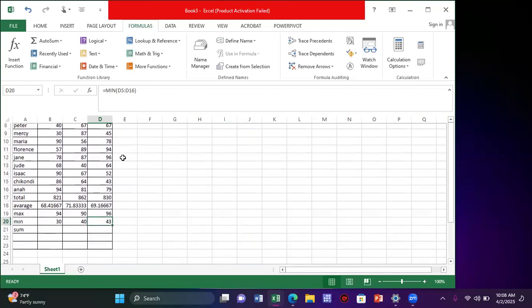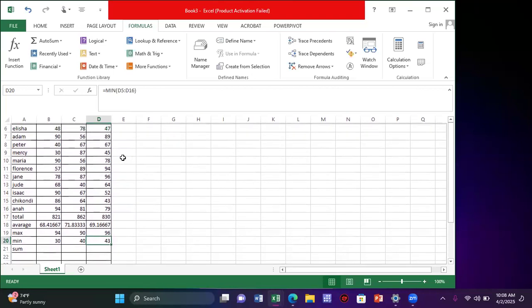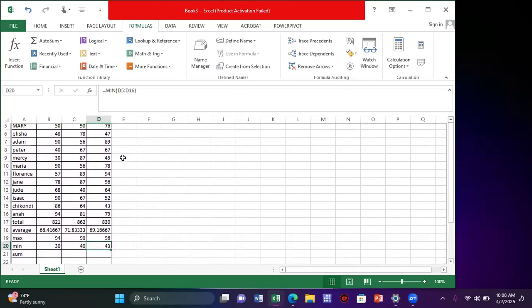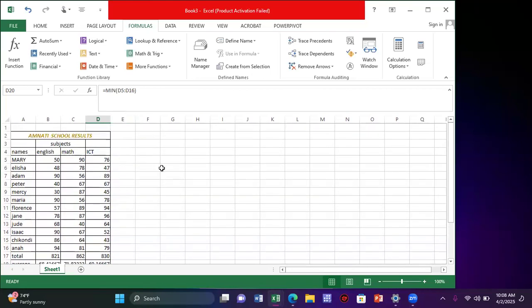So we've looked at functions and how you can find the mark without having to stress your brain, but rather to just use the insert function and use the dialog box to help you find whatsoever you're looking for. Yeah. So for now, we are going to end here, and then we are going to see